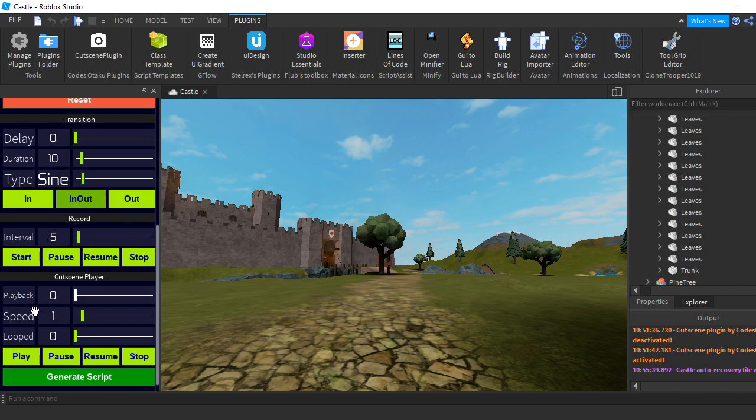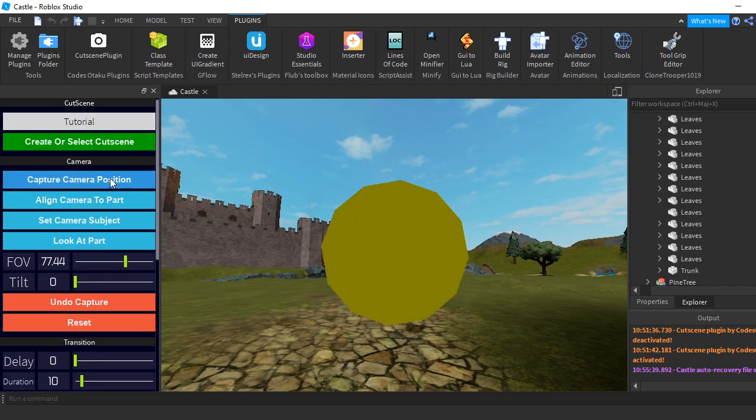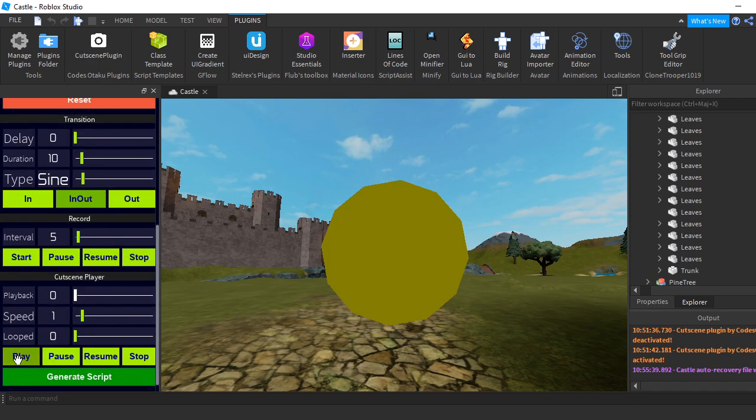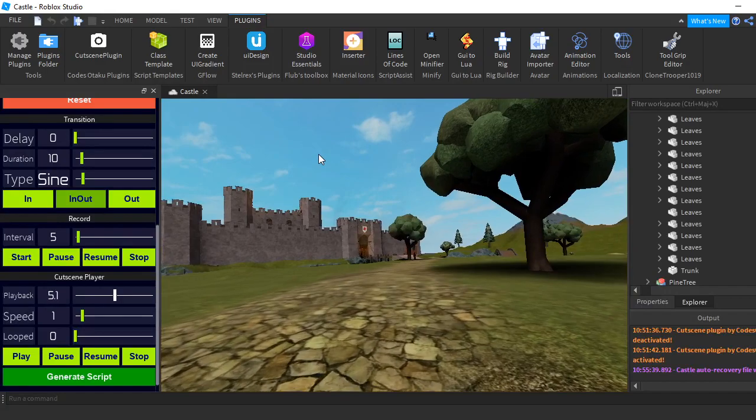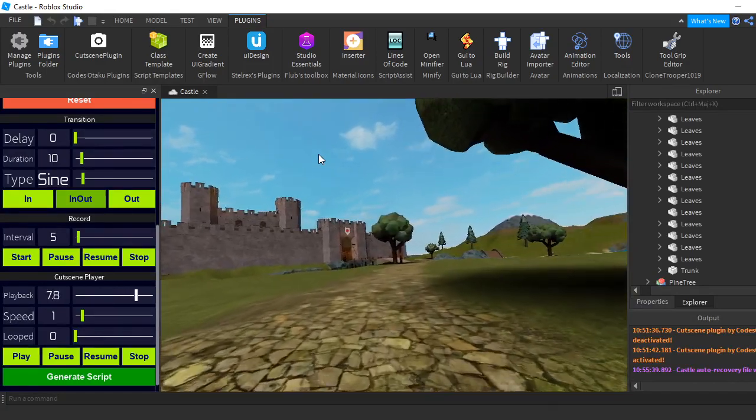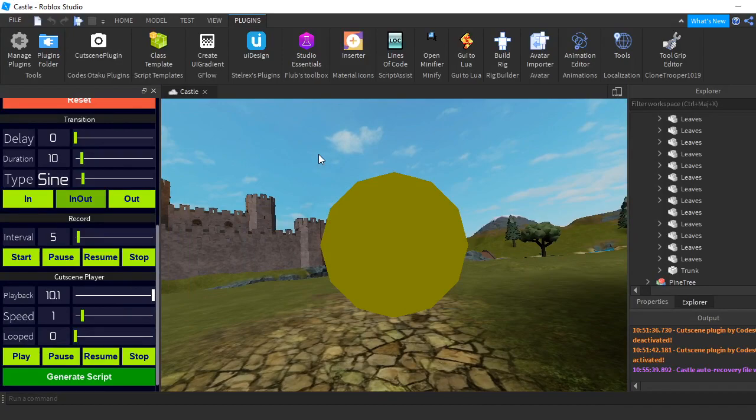Okay, now let's just capture the camera position. Here we go. Now we can preview our cutscene, and as you see, when I click play, it automatically previews my progress here. And as you see, even the FOV, or field of view, of the camera gets tweened. Of course, you can't control its movement, like its tween type. It's by default just sine, but you can change it in the module. And by the way, the cutscene module